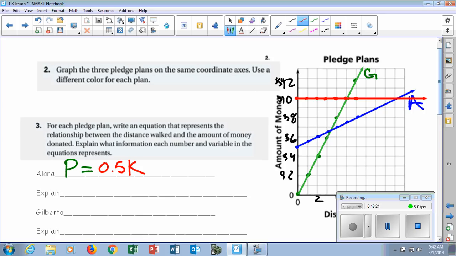Do we have to add anything else to it for Elena, though? Let's look back at what they state to us. Elena says sponsors will make a $5 donation plus 50 cents per kilometer. So what else do I have to add to that, Anthony? Yeah, plus 5. So now I can determine how far they're going to walk. Thank you. 0.5 is my 50 cents per K, which is however far they walk, plus $5 because they're all giving me $5 no matter what. Well, not me, Elena. So if we piece this apart, P equals, explaining it,